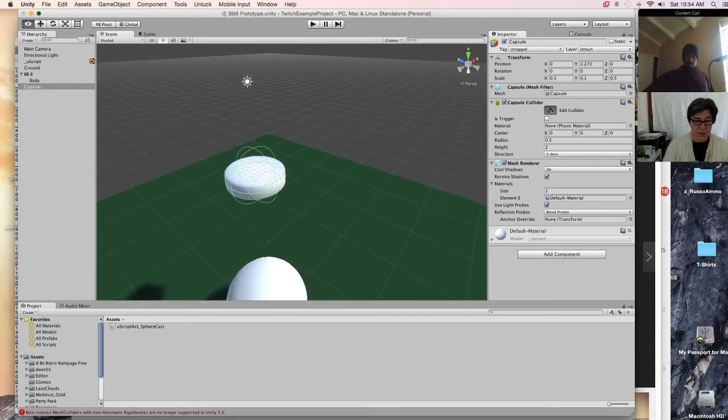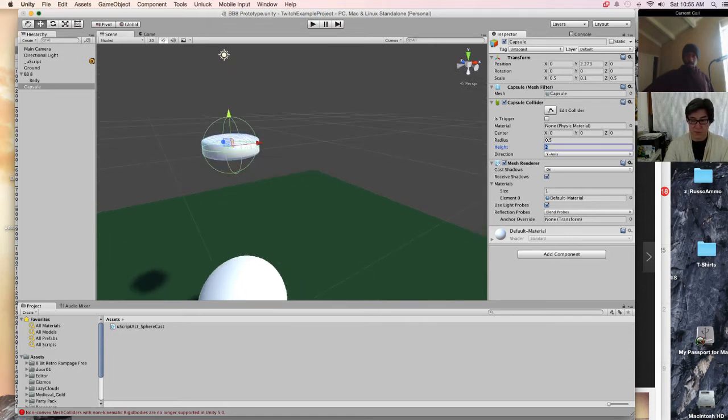Now, can I actually edit this one? I don't think it'll get smaller than the sphere. Actually, you don't do it that way. Here, I'll do this. You change the height of the capsule. And it's cool because now we have a radius and a height to deal with, whereas when we had a sphere, all we had was a radius, right? So now I can take this height and go 0.5, and I think that should work. No? Yes? No?